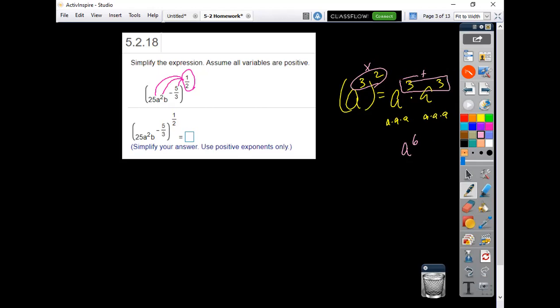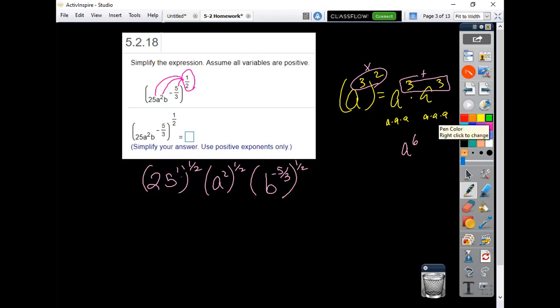And then, that means this 25 is like 25 to the 1st, and then to the 1/2 power. I normally would not write this step out, but I'm just trying to make sure nobody is misunderstanding what we're doing here. So if you can do this all in one step, when we go to the next, -5/3 all to the 1/2. All right, so